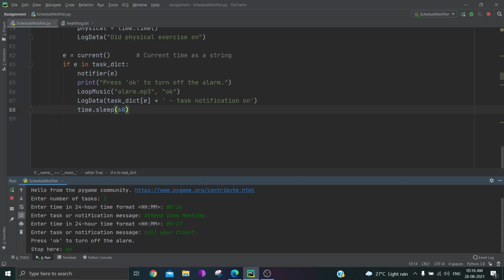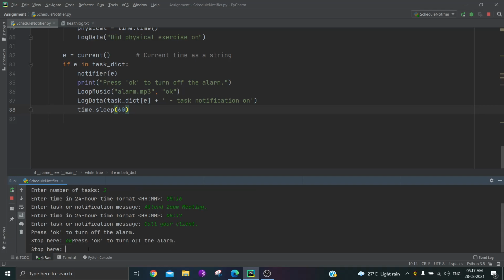So actually it's sleeping for 60 seconds. Whenever it hits 5:17, it will go off, and obviously we will have to hit OK to stop the music. So it's still sleeping, and here we go.